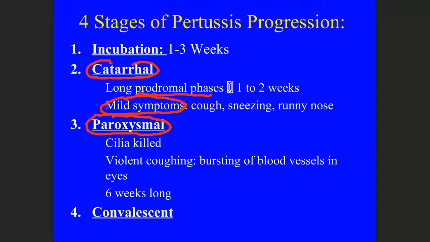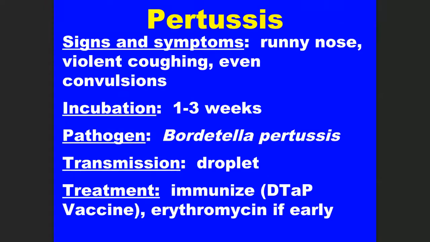Now, these people would have to have a lot of supportive care, you know, respirators, oxygen masks, that kind of thing, and the mucus would have to be constantly drained out while they're suffering from this disease. And so, this paroxysmal stage can last 6 weeks or longer. But with proper treatment and care, a person can enter into convalescence where they regain their pre-diseased state. Okay. So again, it's usually transmitted through droplets, and some of the initial symptoms are runny nose, cold-like symptoms, but then it eventually progresses into violent coughs.